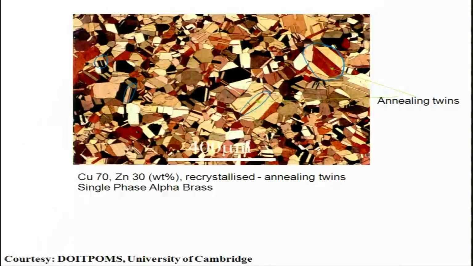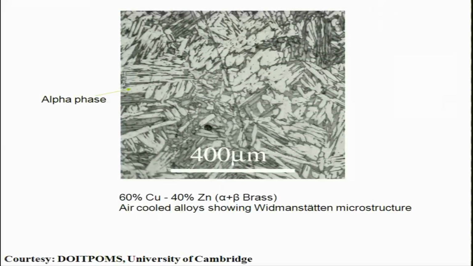So, this is the typical microstructure of alpha brass. You can see the grain size is of the order of about 50 to 100 microns, and this is one important alloy of copper zinc. Second alloy which has higher strength, that is in copper zinc, is essentially, you can say,